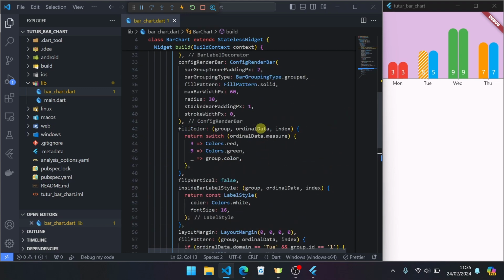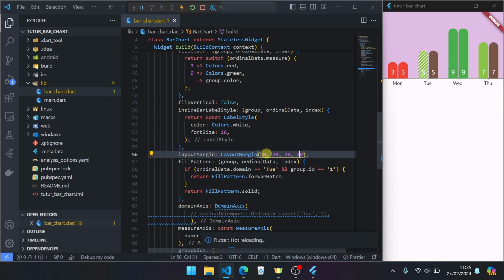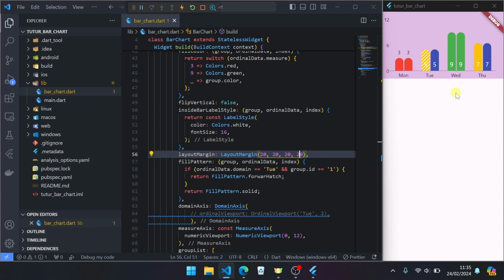If you set it to default, or 20, 20, 20, and 20, I start again, like this. If you want more space, size to left, to right, to bottom or top, you can change here, more bigger.